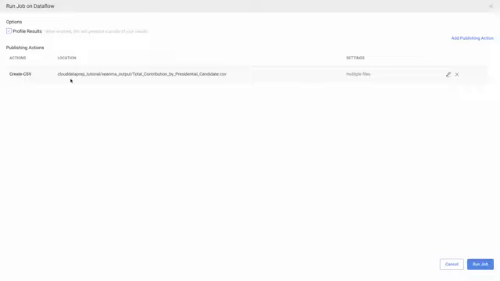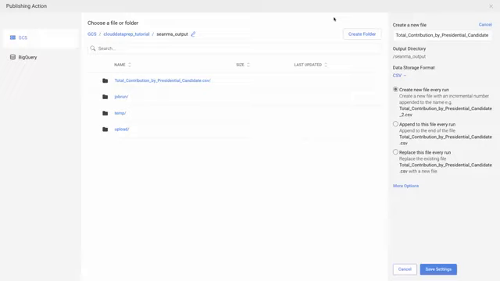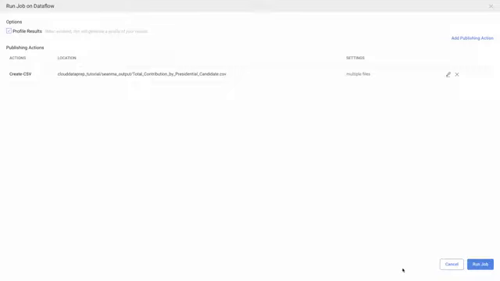By default, Data Prep will publish the result of your job to a new, comma-separated file in the following location. To add new output locations, you can use the Add Publishing Action link on the right and choose to publish into different file formats or a BigQuery table. Let's continue with the default settings. A Data Prep job uses Cloud Dataflow to transform your data. The job will be billed based on resources used. Clicking Run Job here will start your job.